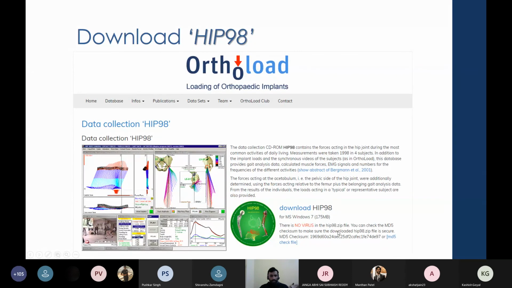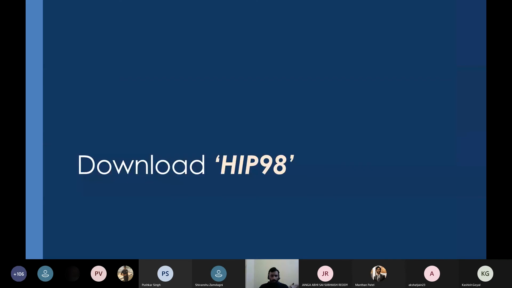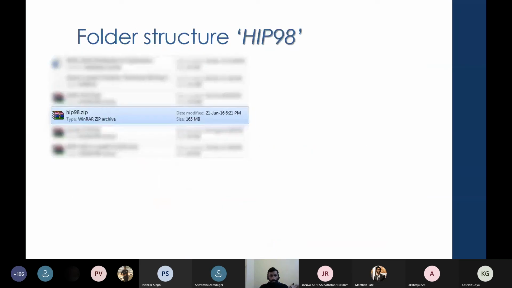You can download a zip file and install it on your Windows 7 or Windows 10 computers. This is for the hip joint. There will be another database on the knee joint as well. So this will be the download of the HIP98.zip file.